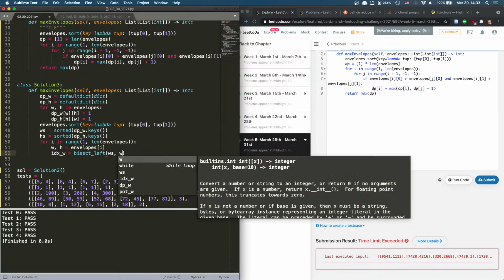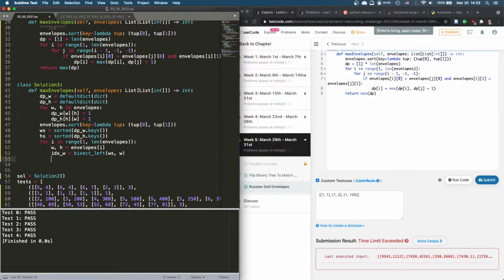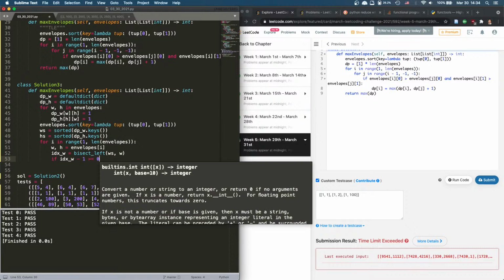So now we're based on width. We find the index of width, and it's going to be left. So I'm going to say index width minus 1. If minus 1 is smaller than 0, then we don't even consider it because nothing will be smaller than you. So if index width minus 1 is larger than or equal to 0,